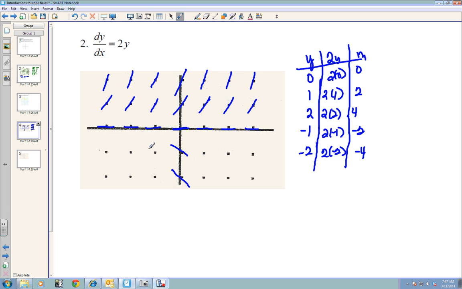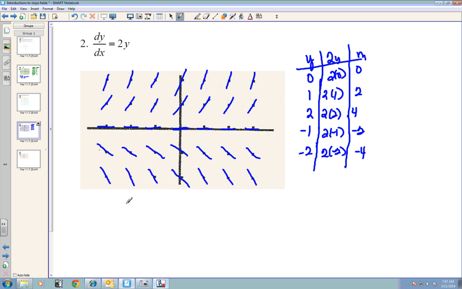Okay, and then this way should look the same. And if you're not for sure, you know, a slope of 2 or a slope of 4, as long as it looks steeper than the original one or the one before that, if it's supposed to